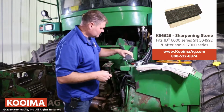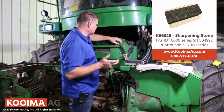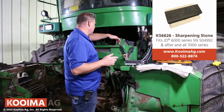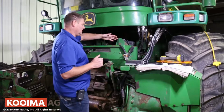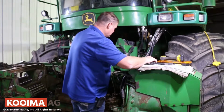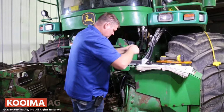Okay. First thing we've got to do is make sure the stone is in the home position, and it usually always is. With the cutter shutting off, it'll always bring it there. If there's any junk and debris in the way, sometimes it doesn't make it to the home position, but it's in the home position. First thing I like to do is take off these covers,